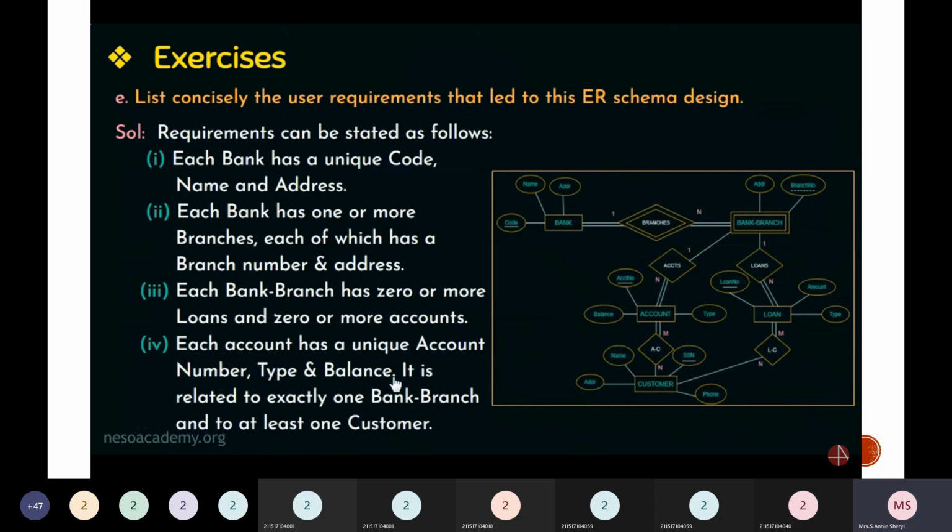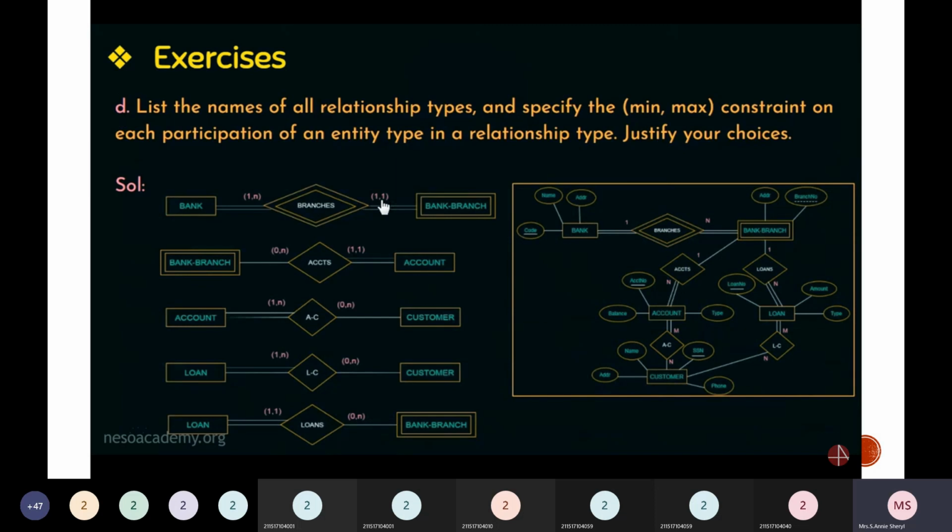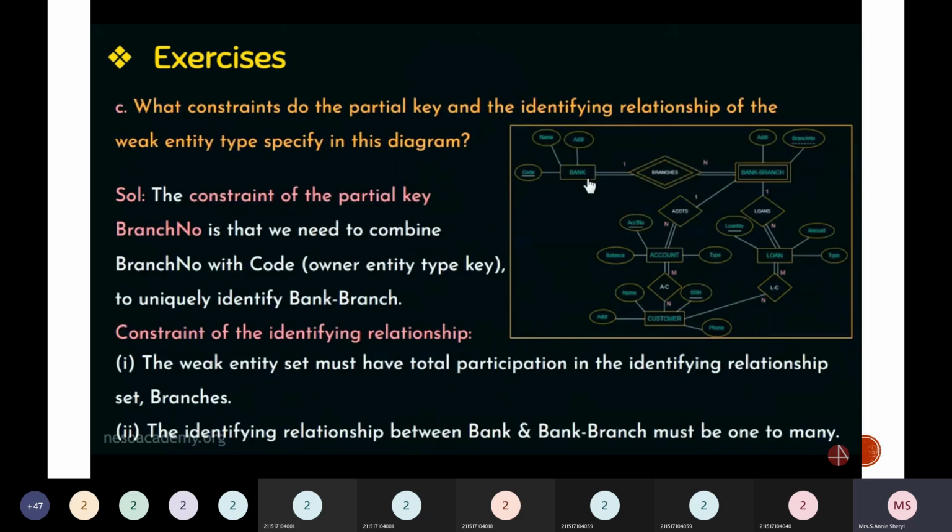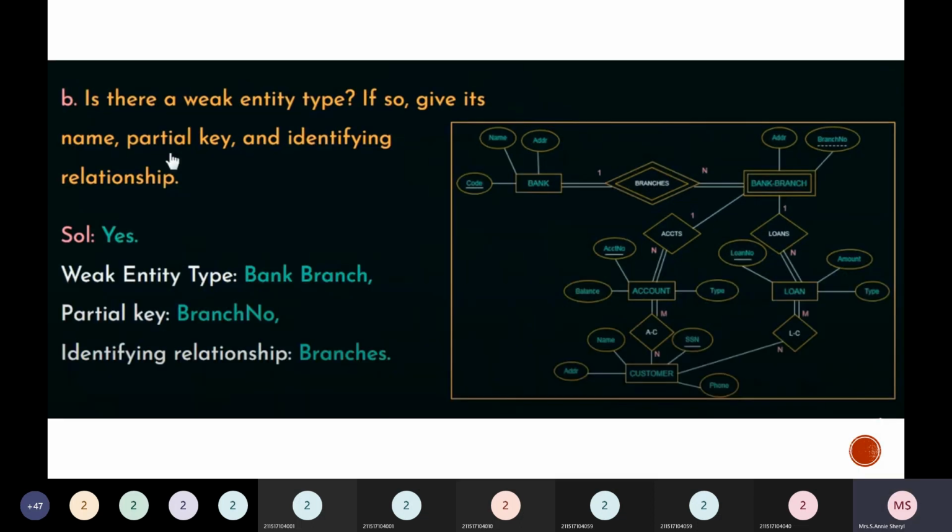And next one is the relationship and the min max value associated with each and everything, and what the constraints are for each and every relationship. When it communicates with one another, the relationship has to be given there, and the constraint based upon the relationship, whether weak or strong, has to be identified. Okay, so next we are just,